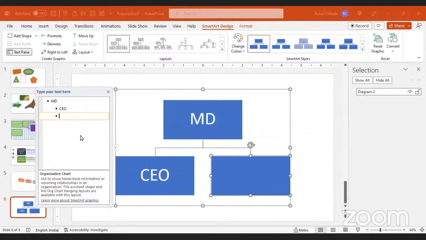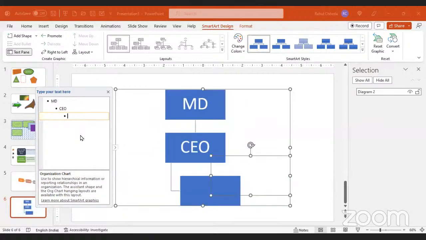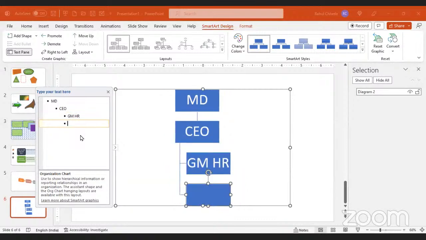So I want something which is under CEO. So then I press tab. So it adds a level below the CEO, and I'll type, let's say GM HR, then I press enter. Now these other points which are going to come, they will be at the same level. So GM marketing,